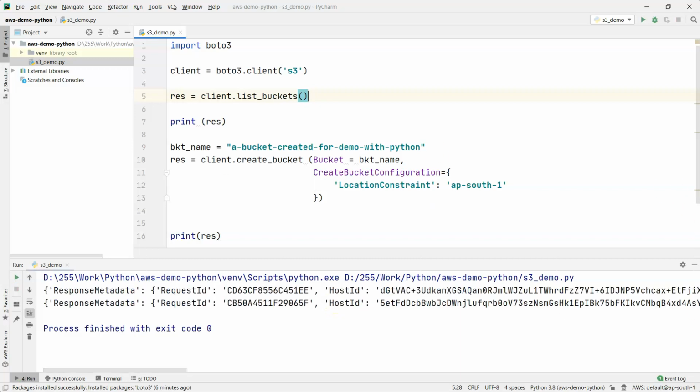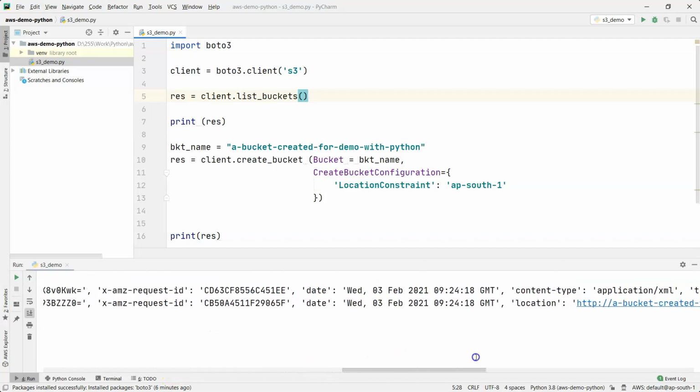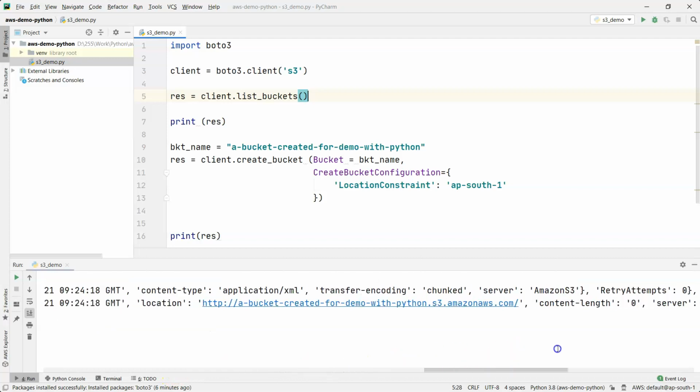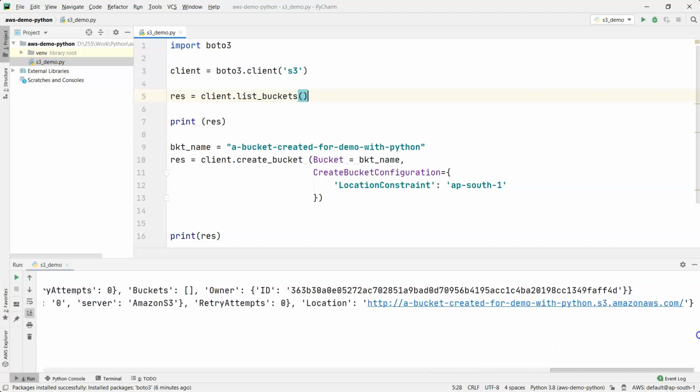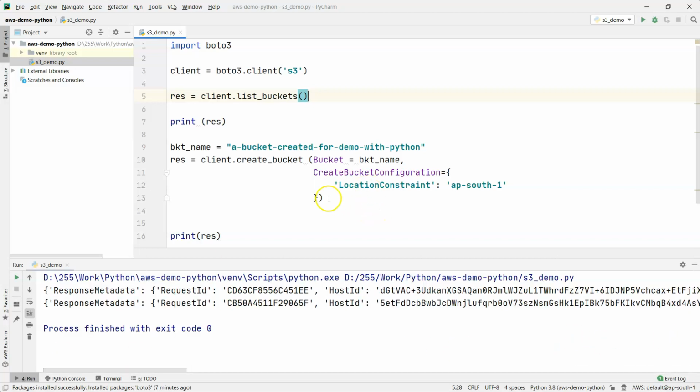So the first call is successful, the second call is also successful. Which means that programmatically from our laptop, we are able to connect to my AWS account and do some operations using Python, using the Boto3 package. There are a lot of other programs and applications that I'm going to record and share with you. You should be able to comfortably work with that.